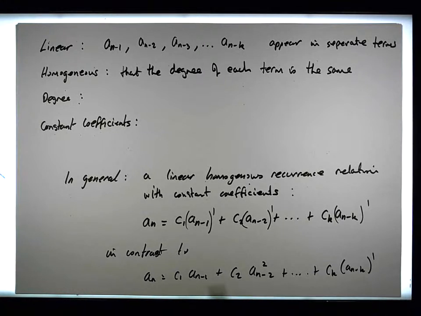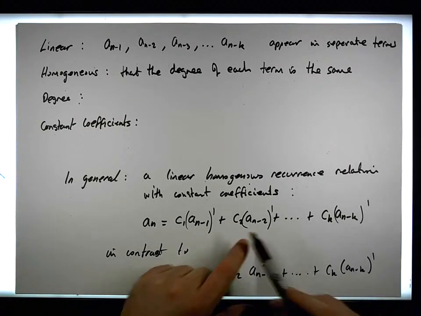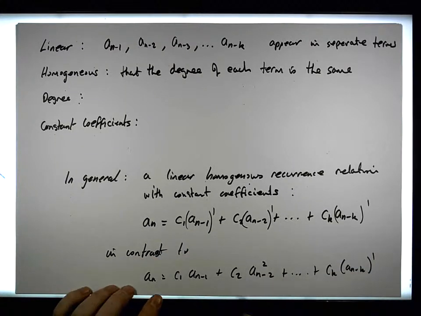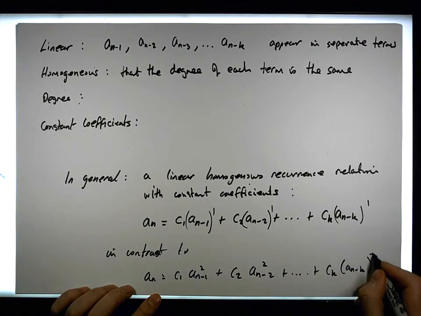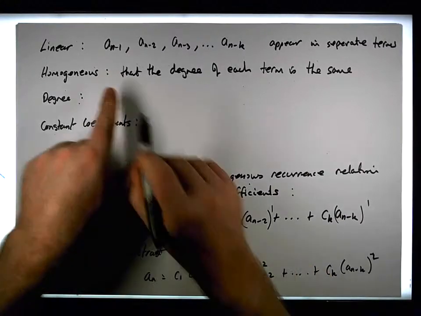So all of them are the same except for the second one, which is squared. So it's not homogeneous in this particular instance. For it to be homogeneous, all the terms have to have the same degree. They have to be raised to the same exponent. And we could make this homogeneous by making them all squares. Then it's homogeneous. Now, homogeneous also means